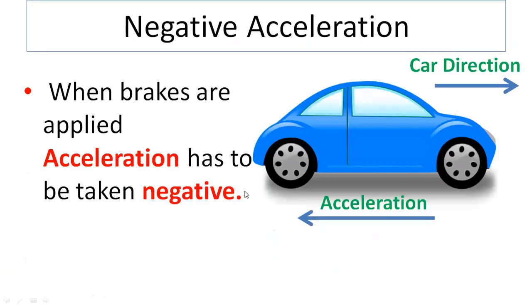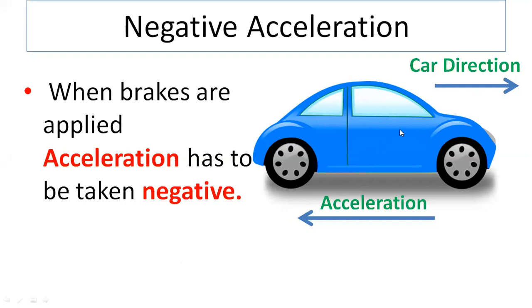Now, this thing we have to understand before we proceed to the next question: something called negative acceleration. We have already seen this example, but we are going to revisit this. So understand this particular factor, that whenever a car is traveling, suppose let us say the car is traveling in this direction, and suppose you applied brakes. Whenever you are applying brakes, the car is not going to stop immediately. It will still cover some distance. In the last to last session we discussed that whenever brakes are applied, the car doesn't stop immediately and it will still cover some distance.